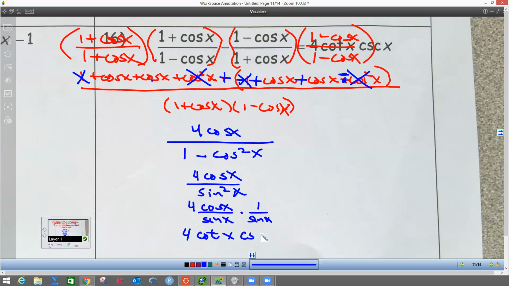So this is cosecant x, and if you look, that right there is the original thing right there in the box. Those are equal, so I am